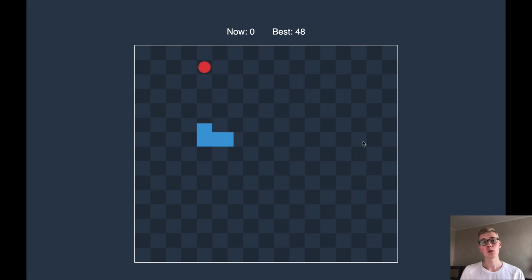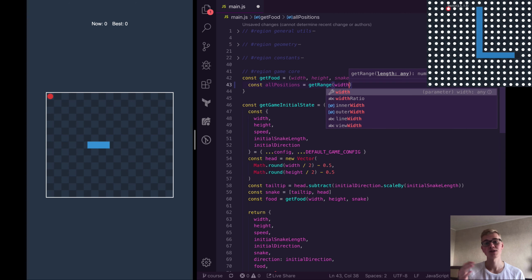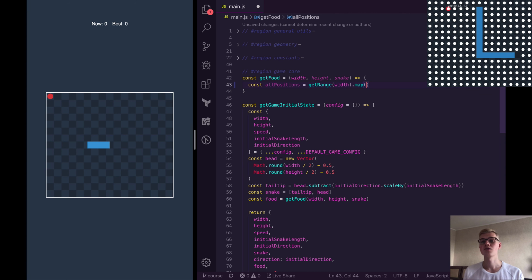In this part, we will implement a function that will place food in a random place free from the snake. To do so, we'll need to create one more class for segments and implement a bunch of geometry-related functions. First, we ignore the snake and generate all possible positions for food in the center of each cell. Then we filter all the points so that they are not inside some segment of the snake and randomly pick